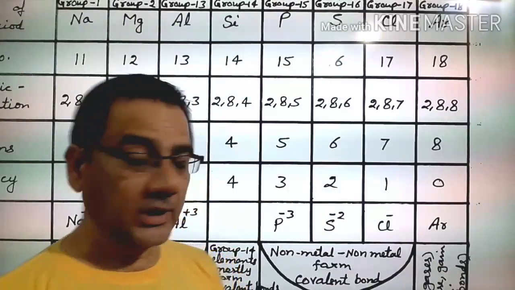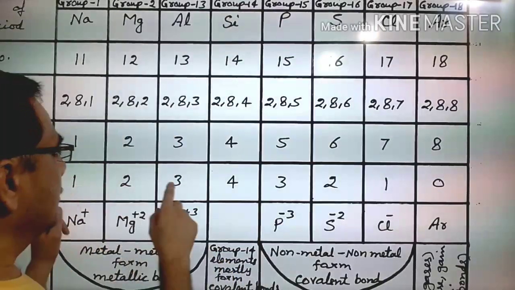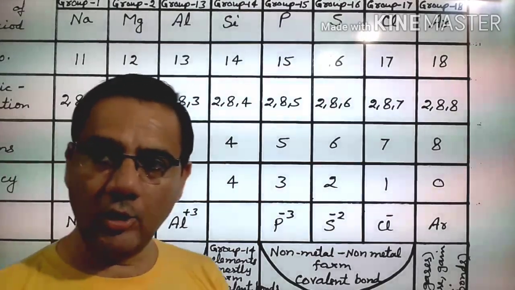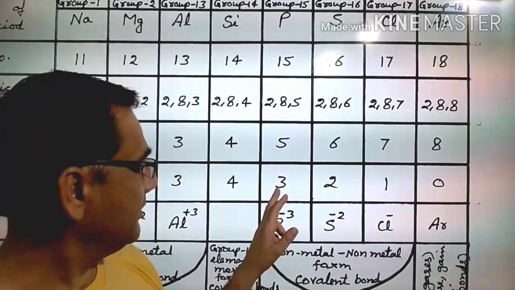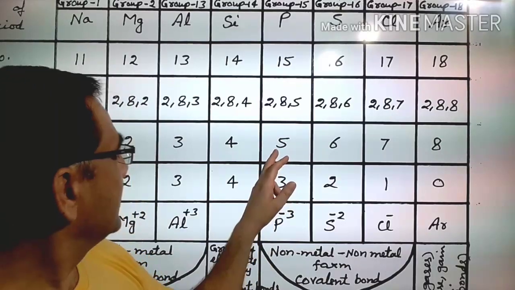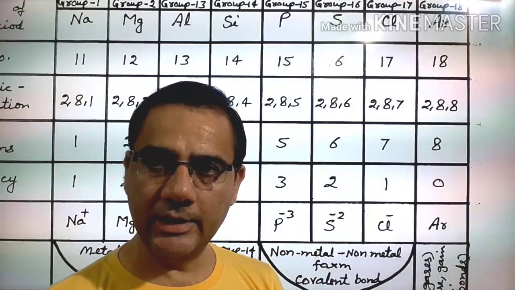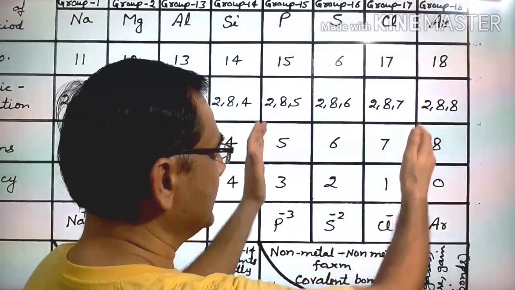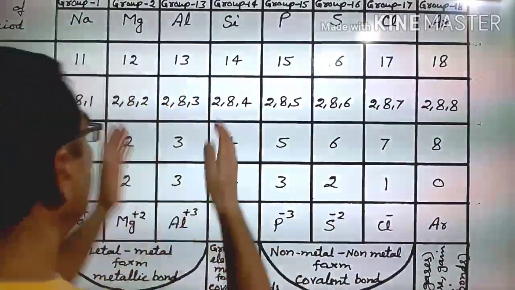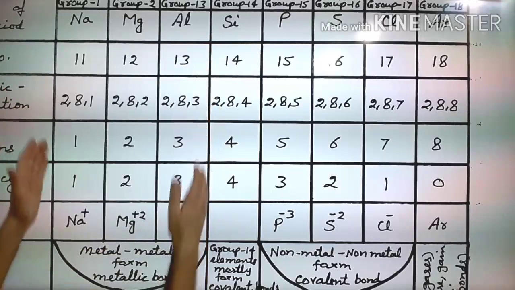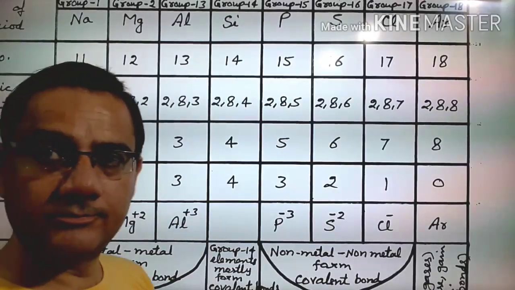हमने आपको बताया those elements which have 1 electron, 2 electrons, 3 electrons in the outermost shell, they all are called metals. Those elements which have 5 electrons, 6 electrons or 7 electrons in the outermost shell, what are they called? They are non-metals. ये जो 3 columns हैं they are non-metals and these 3 columns from here to here they are called metals.